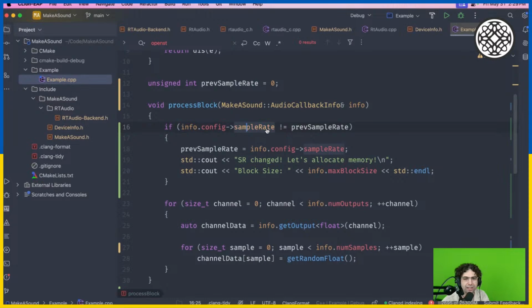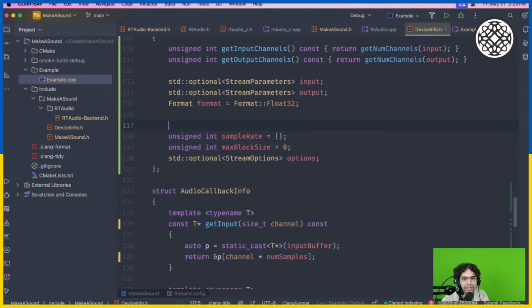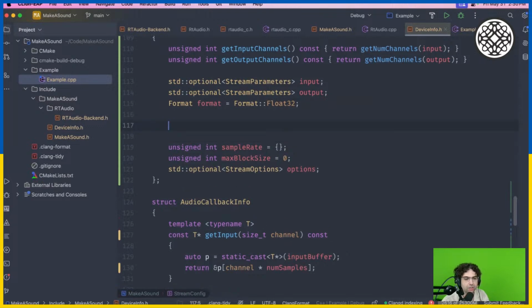If the buffer size is not the same, do this. Like kind of run through a lot. And I don't know if I want to do that. I think what I'm going to do is